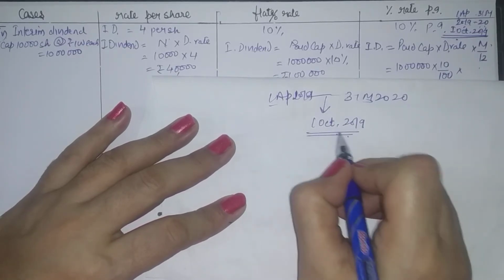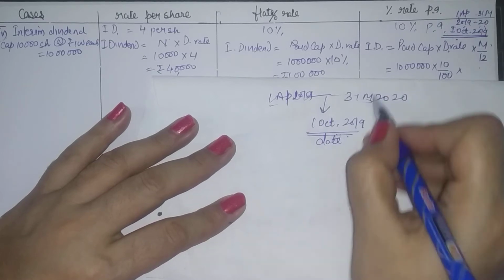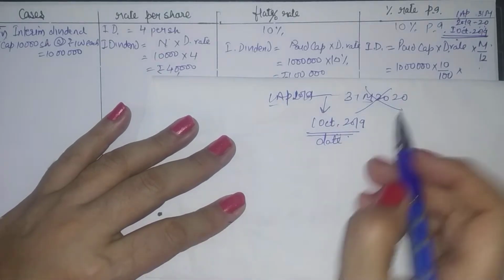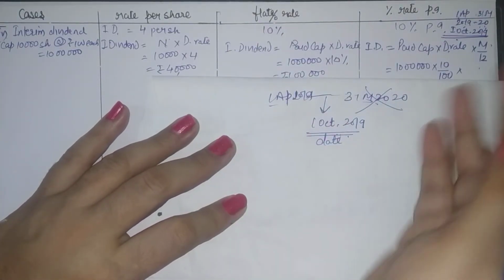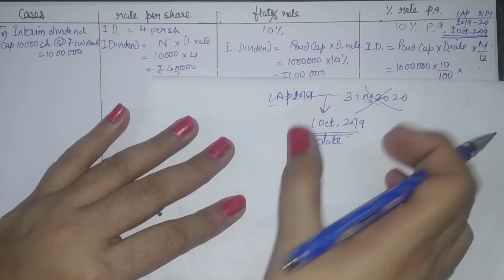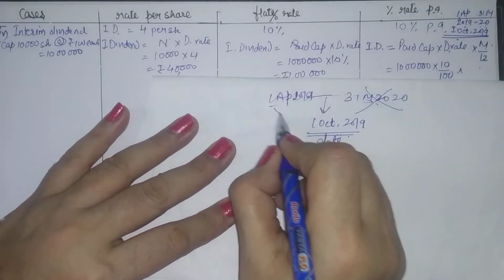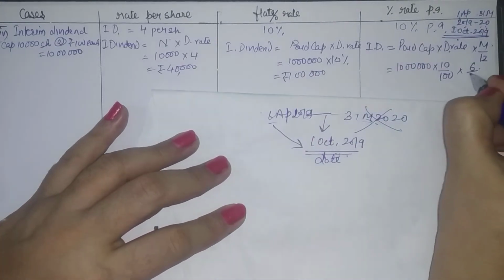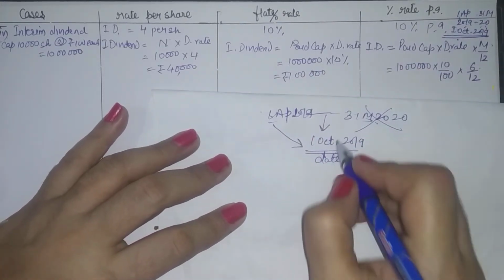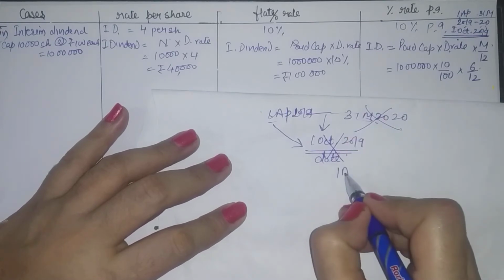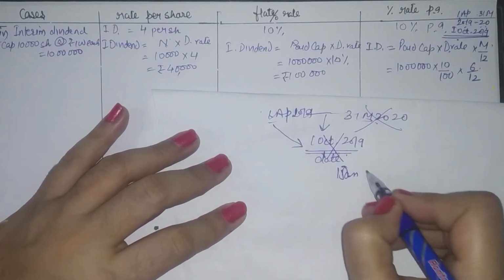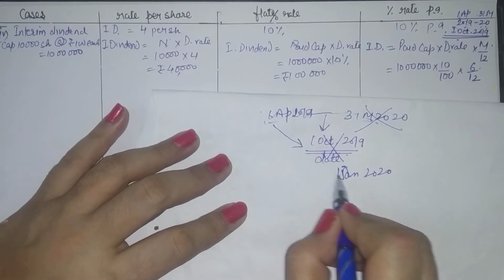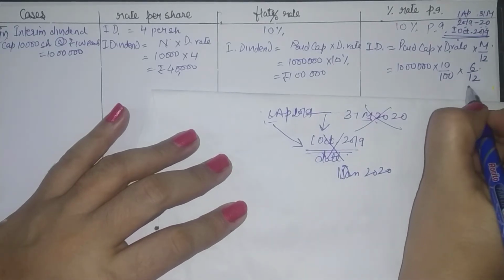This is the date of dividend. On this date you are working. So the rest of the year is not material because it hasn't yet come. On this date you decided to give dividend, you are working here. So in the current year, 6 months have passed. So you will provide for dividend for 6 months. Suppose you give dividend on 1st January. So 9 months have passed, 9 by 12.